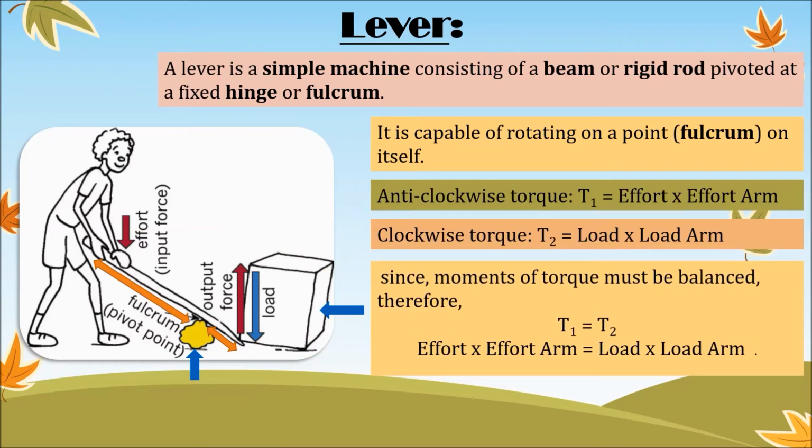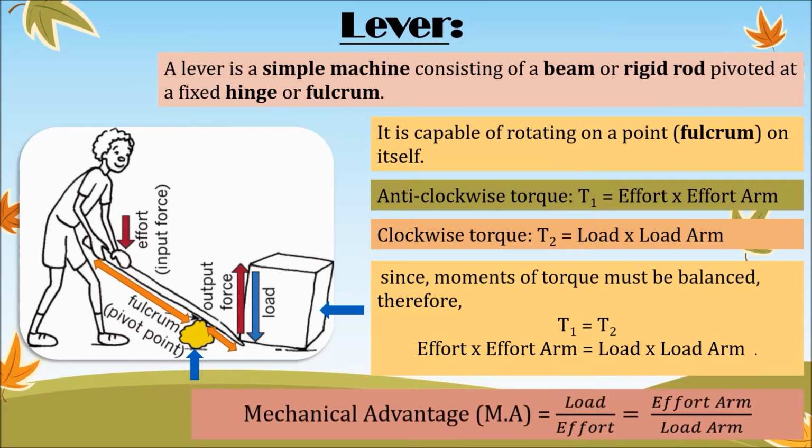Since the moments of torque must be balanced, therefore T1 is equal to T2, that is, effort into effort arm is equal to load into load arm. This equation expresses the principle of moment for a lever. The ratio of load and effort is called mechanical advantage. From the above result, we can write mechanical advantage is equal to load by effort and is equal to effort